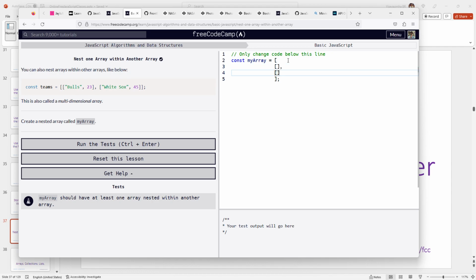In the first array, I'm going to add a bunch of names. I'm going to put my name. I'm going to put Batman's name. In the second array, I'm going to put some numbers like 10, 20. And now if I do a console log,